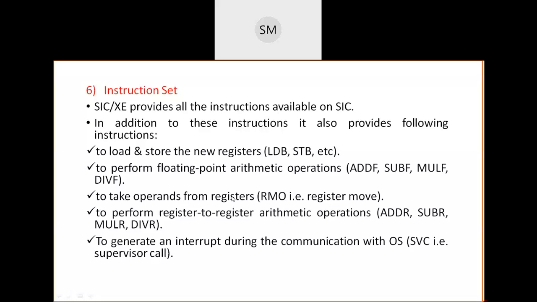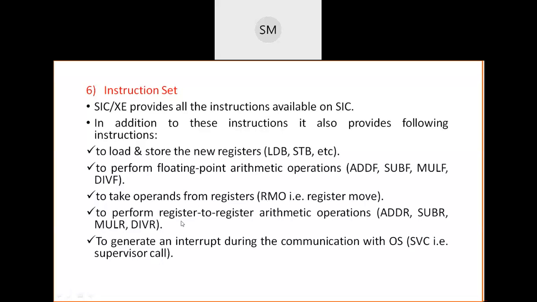It means inside the register some data is there; if I want to move that data from that register to some other place, then I can use this RMO, that is register move. Then, as I already told in previous classes, COMP is for comparing a register with memory,